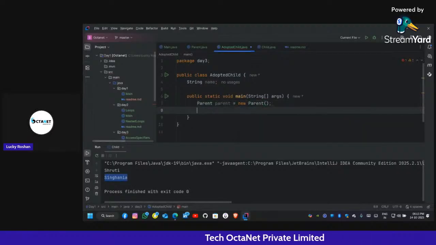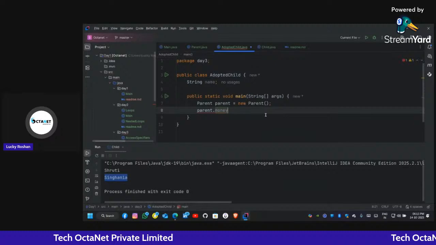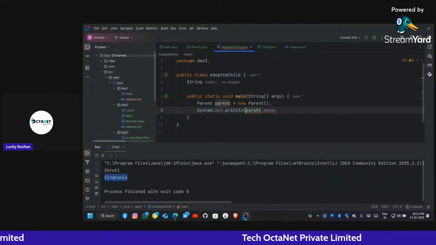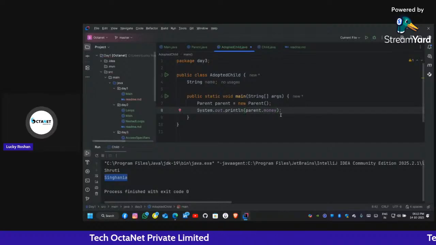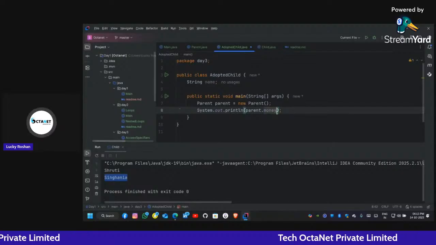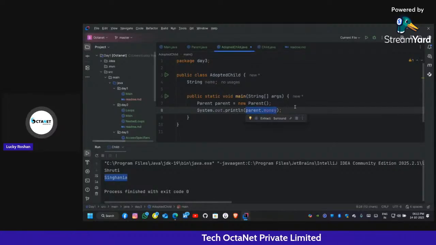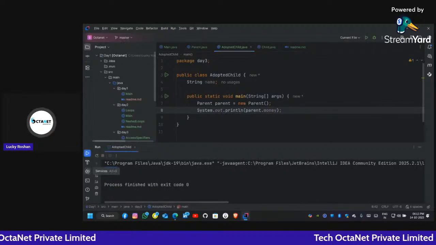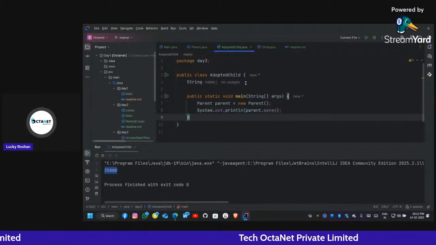Okay, so now I can access the money using the parent dot money, and I can print it. Okay, so since I have not inherited the class parent, I should not have the access to the money attribute of parent class. Okay, but I can access it using the parent class. So if I run this, see here, I can access the amount, but I am not inheriting the parent class.